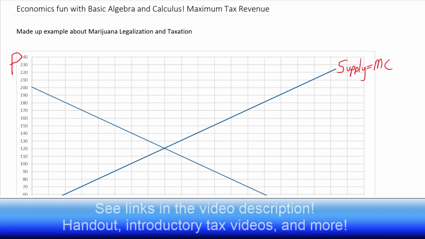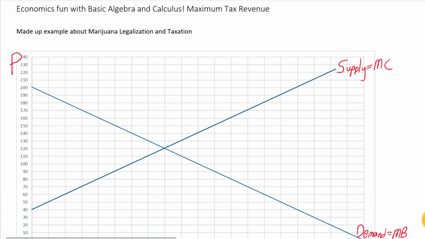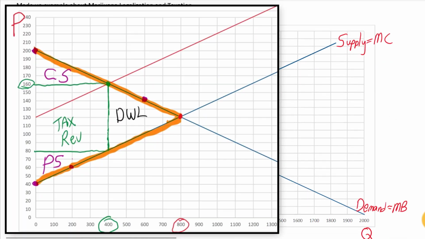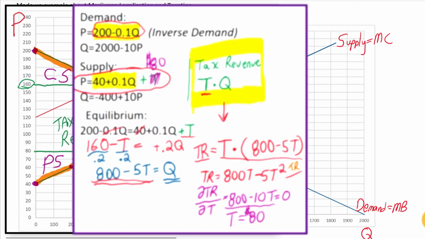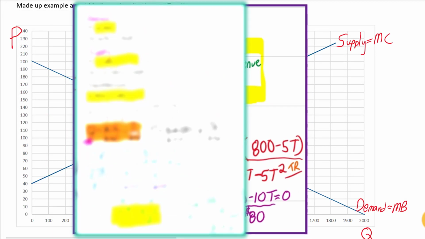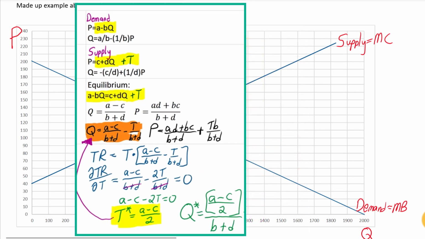In this video, we're going to go through some fun math where we can look at a problem three different ways. I want to look at a taxation problem first graphically using supply and demand, and then we're going to do it numerically, solving some equations, and then we're going to look at the same problem analytically, where instead of putting in numbers and looking at a specific line for supply and demand, we're going to look at the general solution for any equation of a line that represents demand and supply.